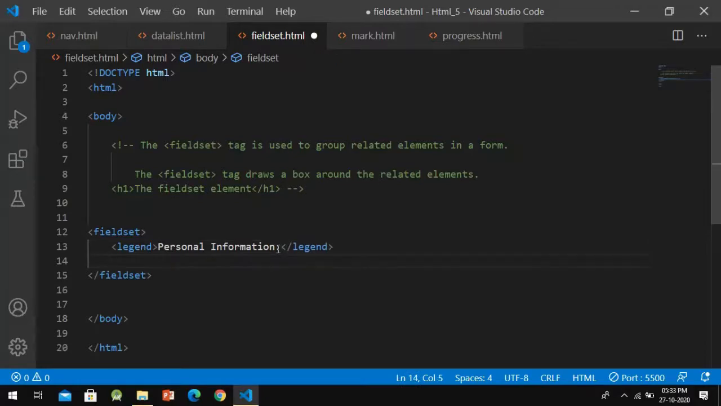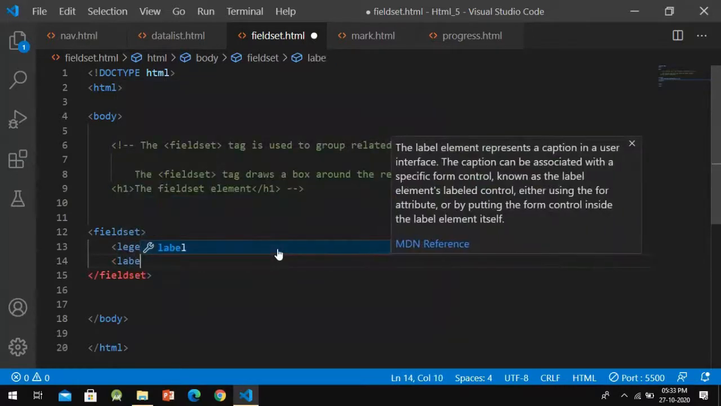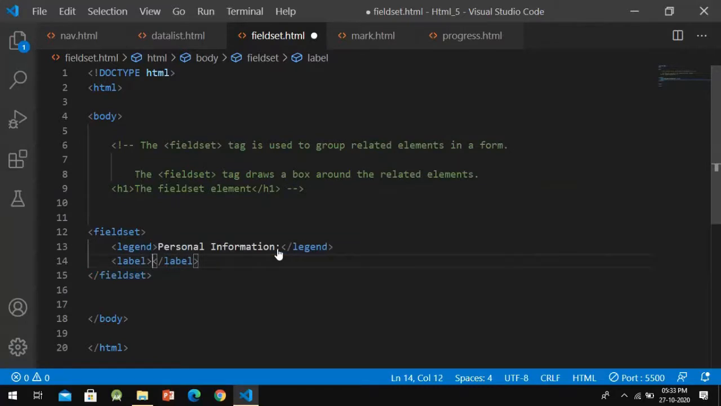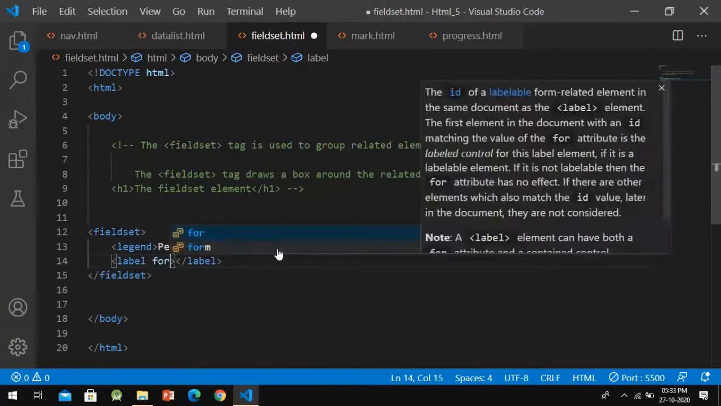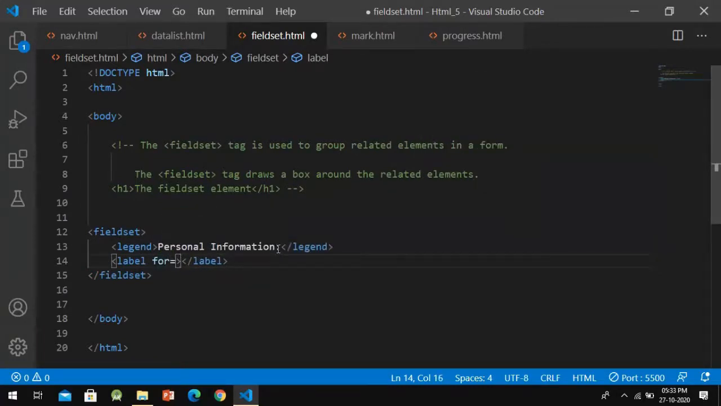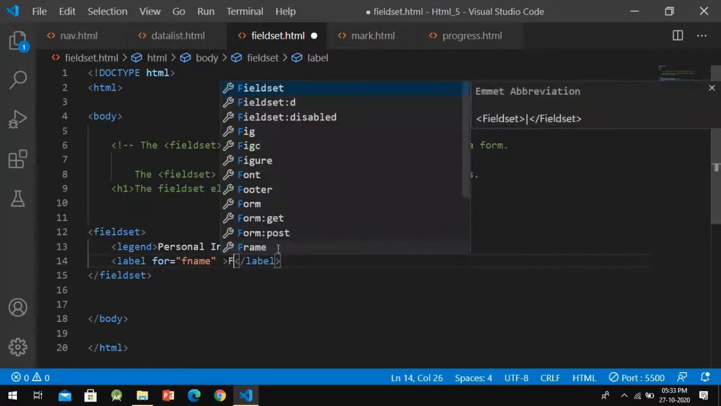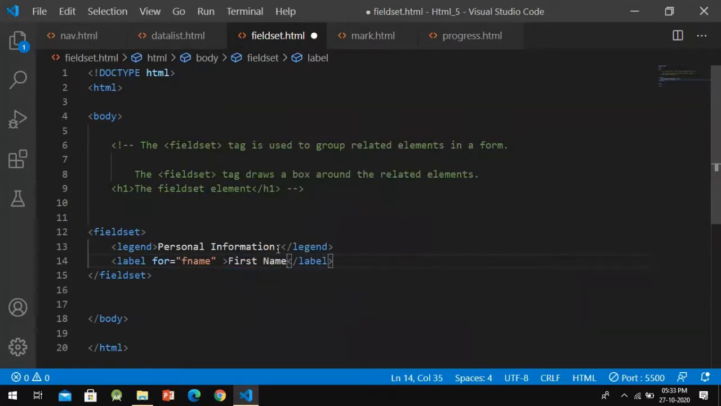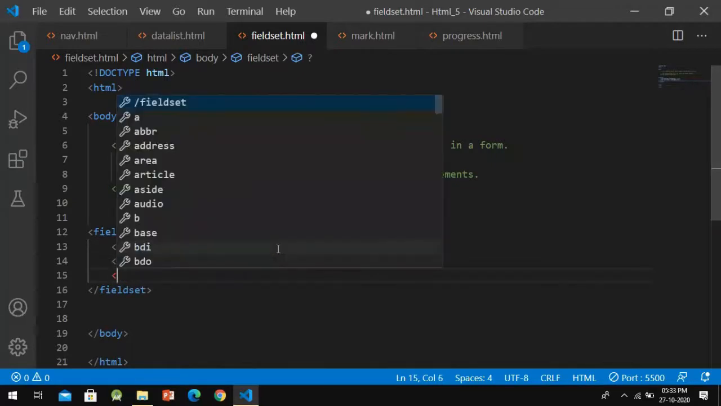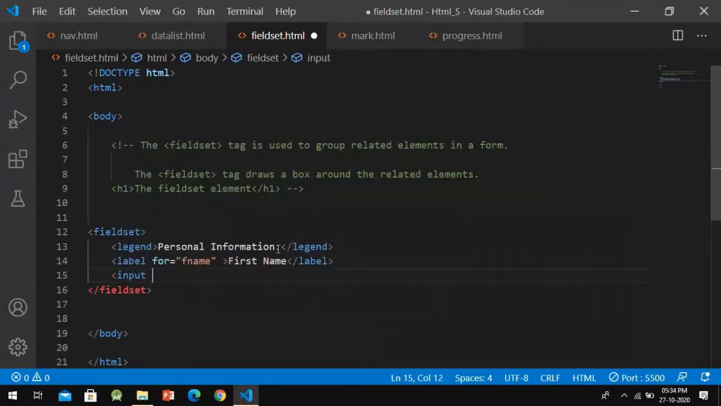Now here we are going to use a label. Inside this we are going to use for, first the fname, that is first name, so it is going to be for first name, and inside this we are going to type here First Name. That's it. And for this we are going to use the input, input type as text, so just type in your text,